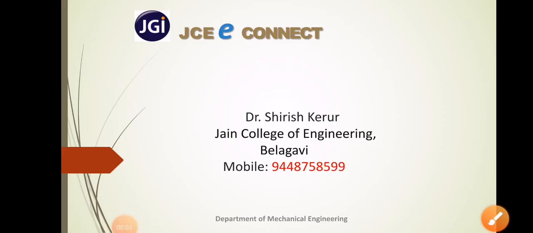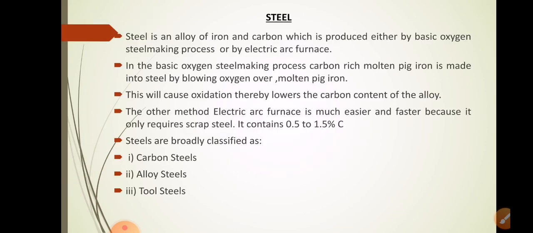Hello students. In the previous class, we discussed ferrous metals, and mainly we discussed iron. Today we will discuss alloys of iron. The most important is steel. Steel is an alloy of iron and carbon, which is produced either by the basic oxygen steel making process or